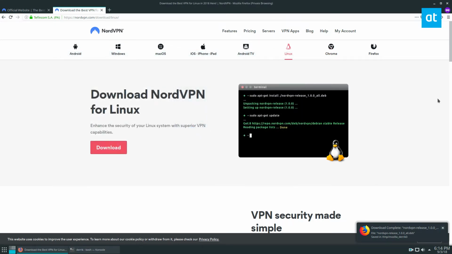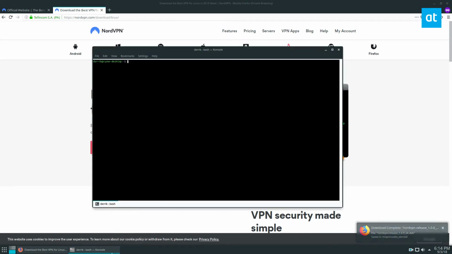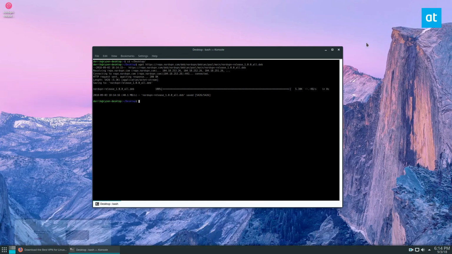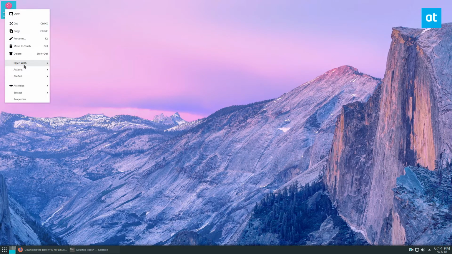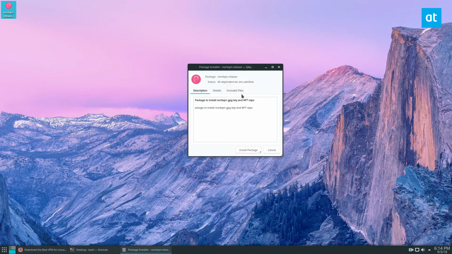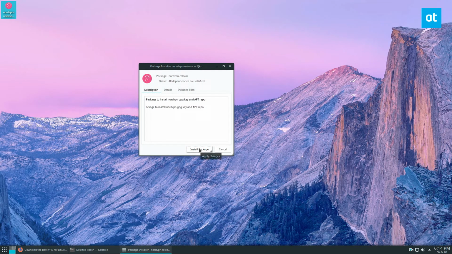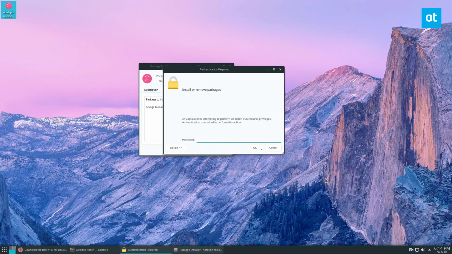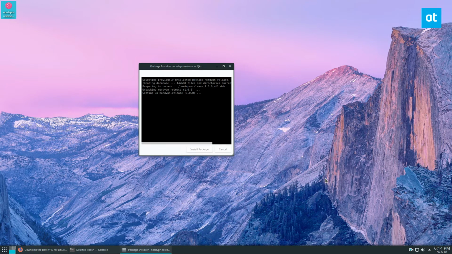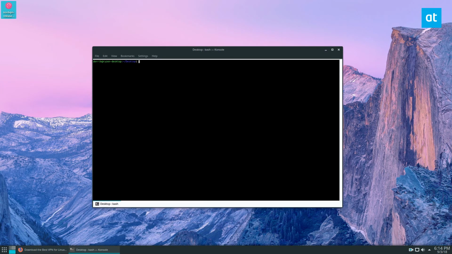I'm not sure why that opened in FileBot, but you can also just copy link location and do a wget if you are so inclined. And once we're there, we can do open with qapt or whatever apt package manager you use on Ubuntu. You can also open it up with the Ubuntu Software Center or GNOME Software or the KDE Discover app, but just click the install package button, enter your password, let it go through, and once it's done, you can click the close button, go back to your terminal, clear all the stuff out of the way,